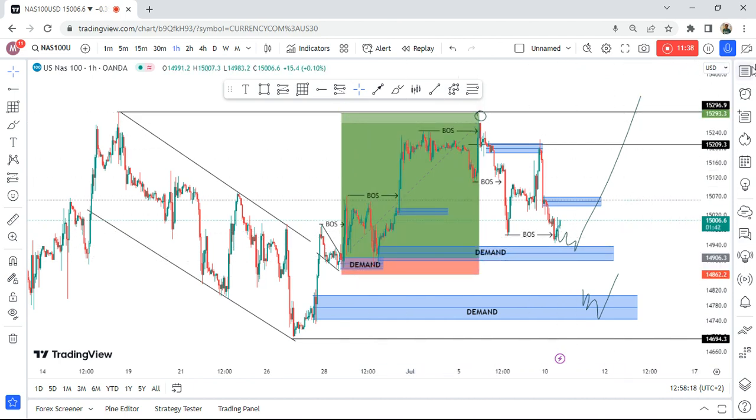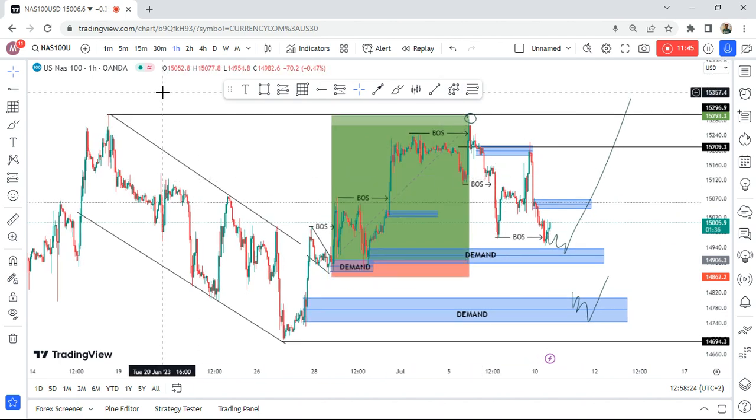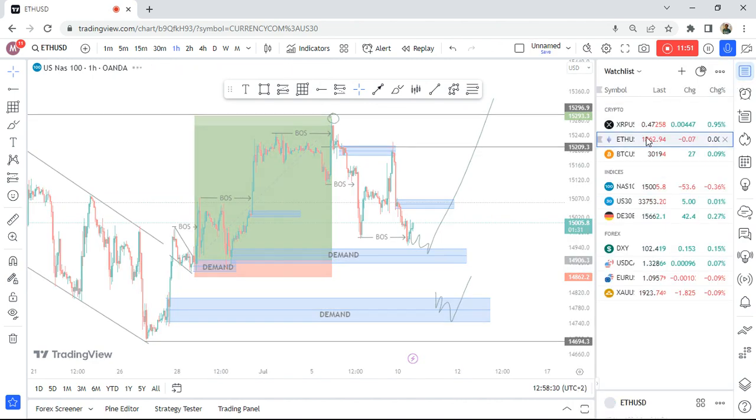So remember, guys, NAS 100 is very volatile. Those entries that you're gonna take, make sure that you go through a lower time frame, at least 5 or 15 minutes, guys. So I think the other pair moving